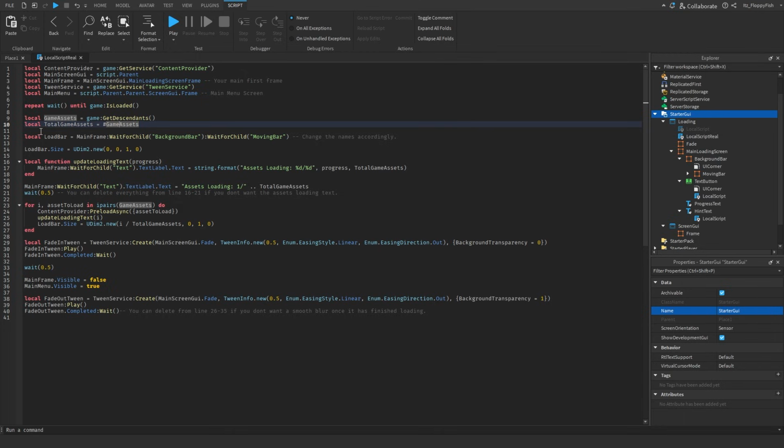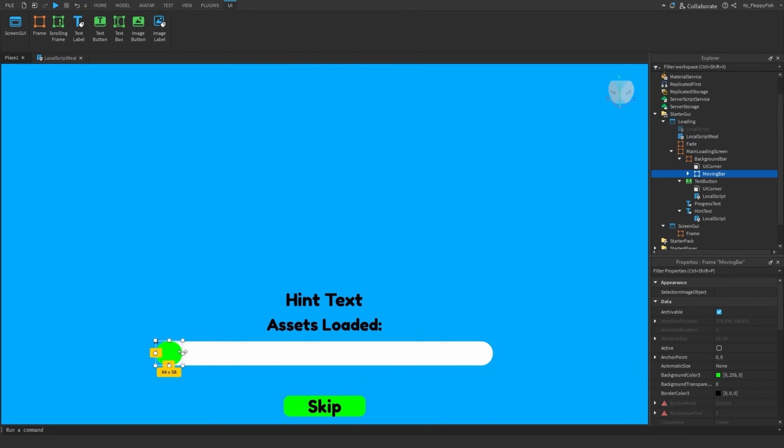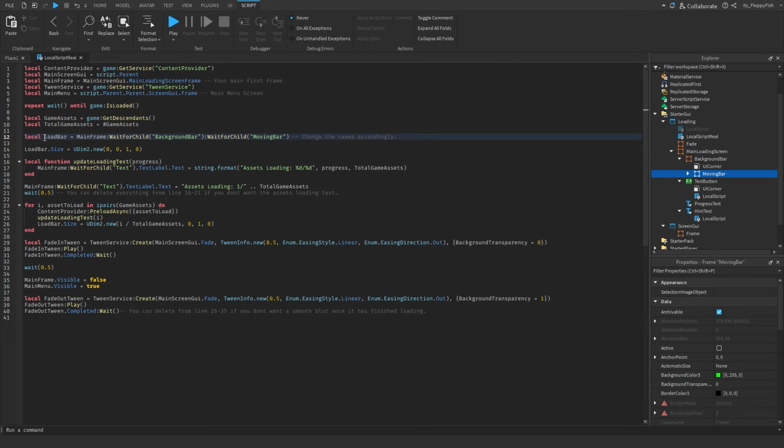Then here on line 12 it goes local load bar, which is basically our moving bar that we identified a little earlier on. If you recall, this right here is our moving bar, and that is the main thing that actually moves up and down depending on your progress. So we're identifying our load bar, which is main frame, wait for child, so it goes to our main frame, which is our main loading screen, waits for the child of the background bar, then goes inside of the background bar to the moving bar, wait for child, and it basically waits for those things to arrive